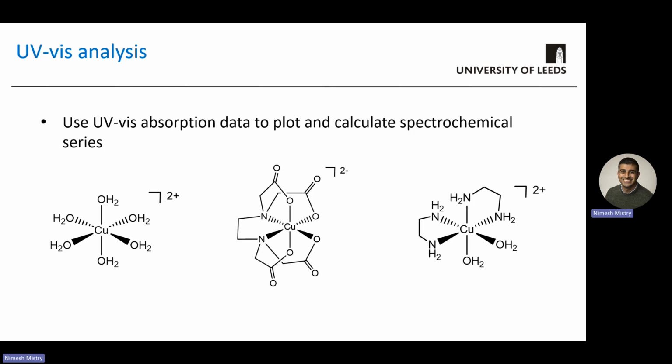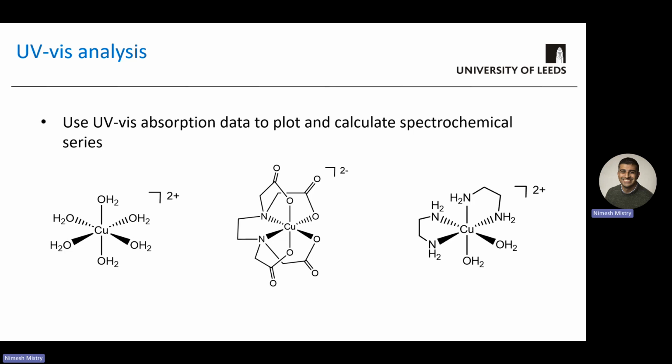In this particular experiment, you'll have data of these various different copper complexes, and you'll be able to see with UV-vis data how the absorption data is different for these different complexes, and how increasing the number of ligands attached to the metal, which displaces water, changes the UV